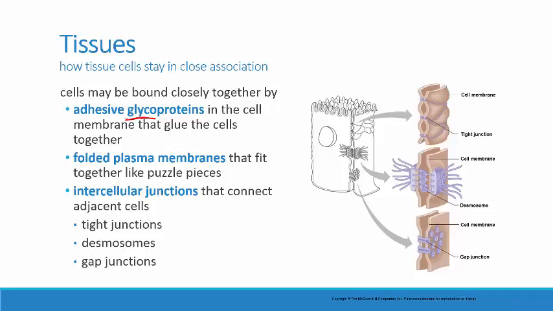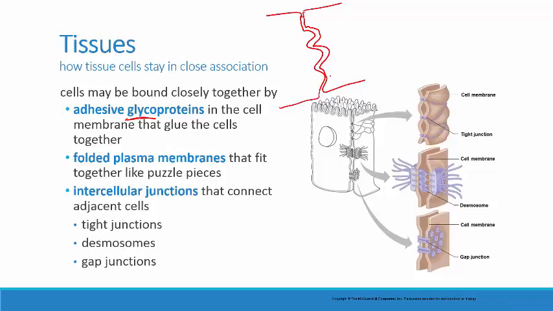Second, the plasma membranes themselves, the cell membranes of cells, may have these wiggles in them that hold the 2 cells together. So the folding of the cell membrane will hold the 2 pieces or 2 cells together, sort of like puzzle pieces are held together in a puzzle. And then the third way